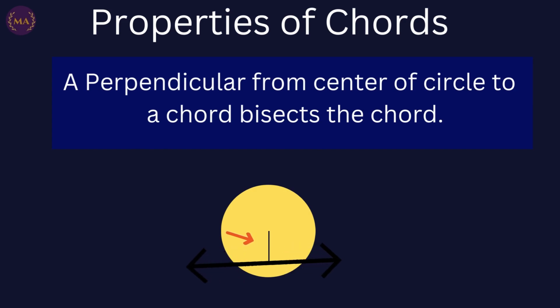Okay, so the first property of chords is: a perpendicular from the center of a circle to a chord bisects the chord. I'll repeat, a perpendicular from the center of a circle to a chord bisects the chord. It means if you draw a perpendicular from the center of a circle, that is a radius, if radius,